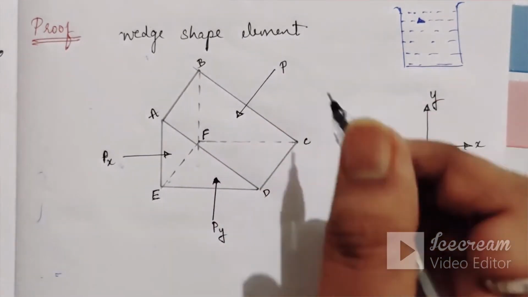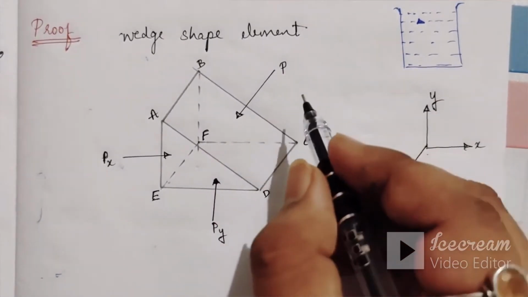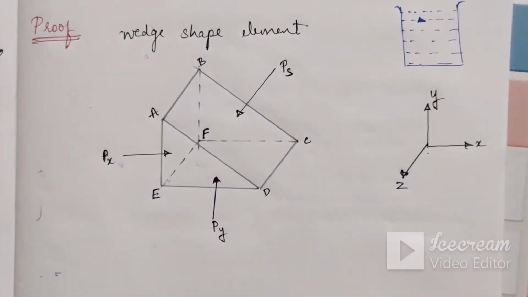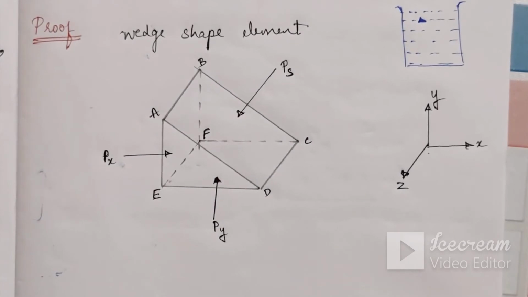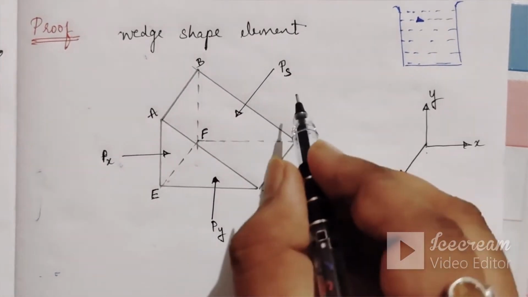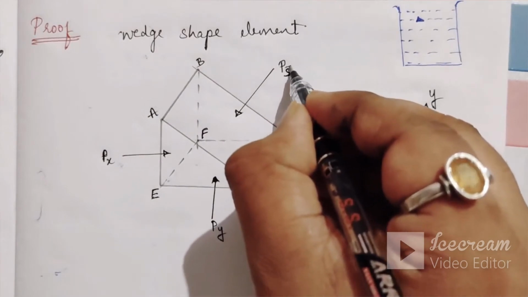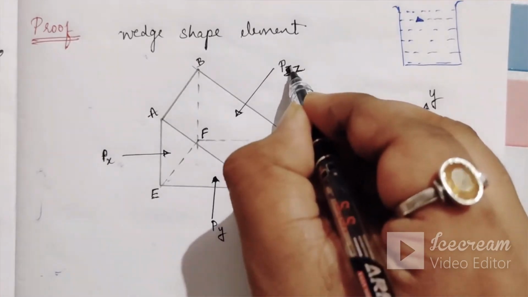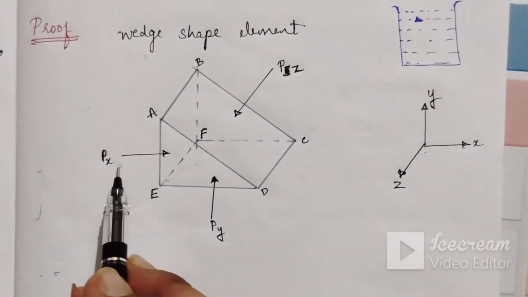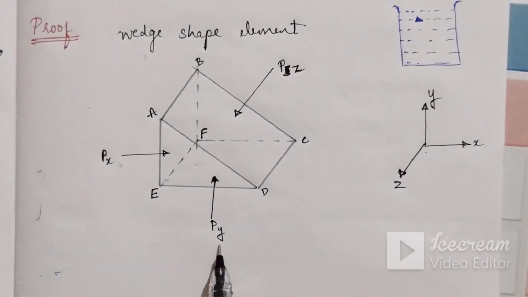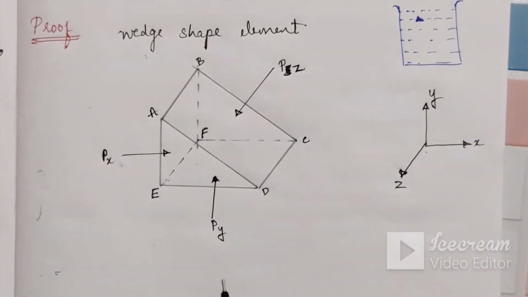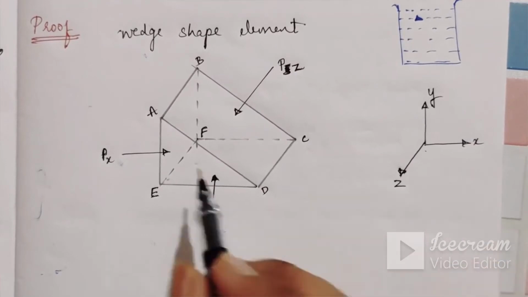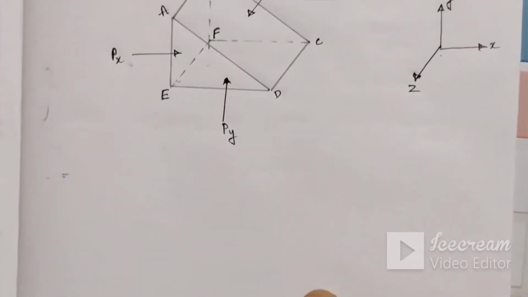Okay, but when it comes to gravity, we should resolve it. That I wanted to tell you, that resolving is sure. I'll take it as PS or PZ, anything. You can take PZ also. So X, Y, Z I'll take PZ. So Px is the pressure force in X direction, Py is the pressure force in Y direction, Pz is the force in Z direction, and that it is slant way.